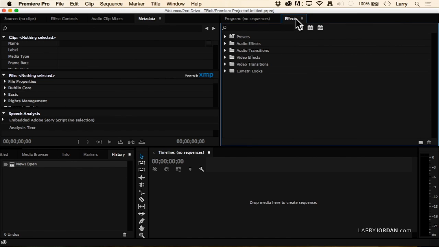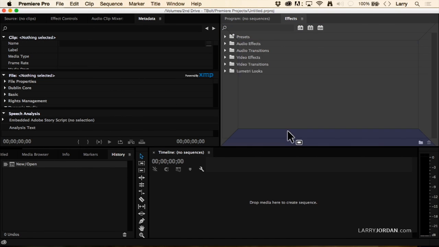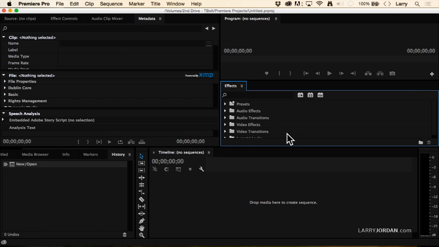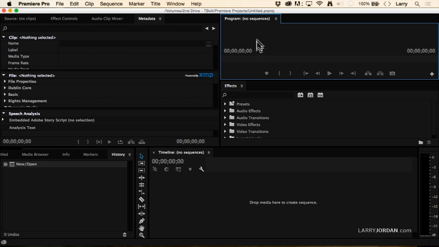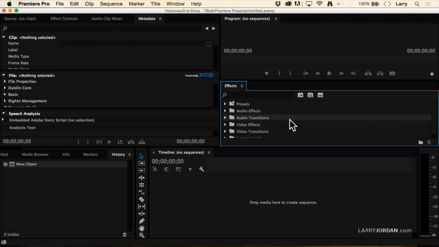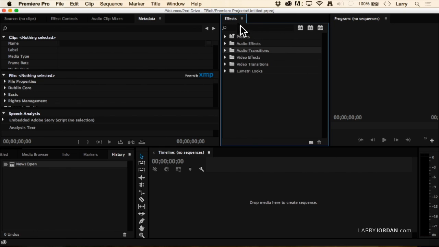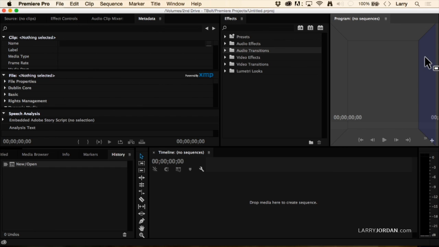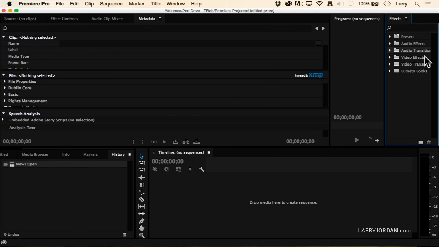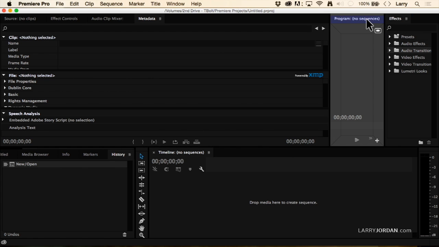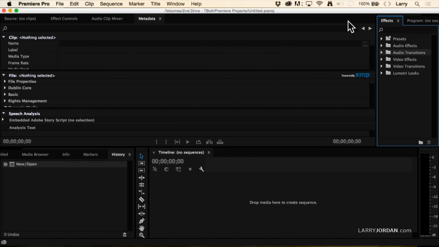this case, Program. If I grab it and, say, drag it into this bottom wedge, it puts Effects between the program monitor and the panel below it. If I put it to the left, it moves it to the left. If I grab it and light the right one, it goes to the right. In other words, I'm able to control where these different tabs go by looking at what I'm highlighting as I drag it around. In the event you come up with a workspace that just doesn't make any sense whatsoever, go